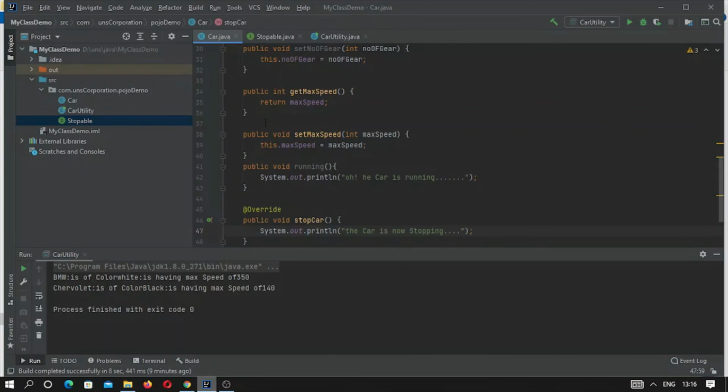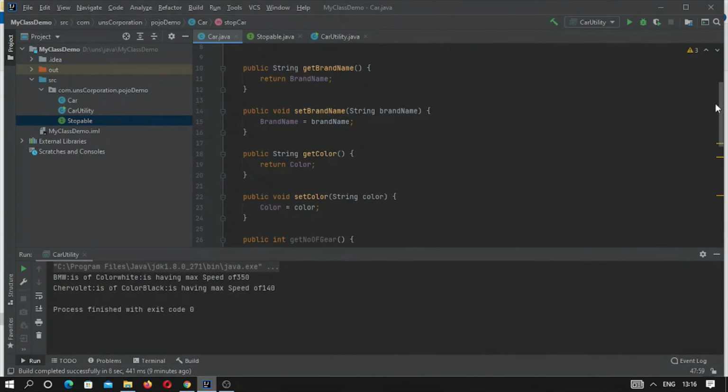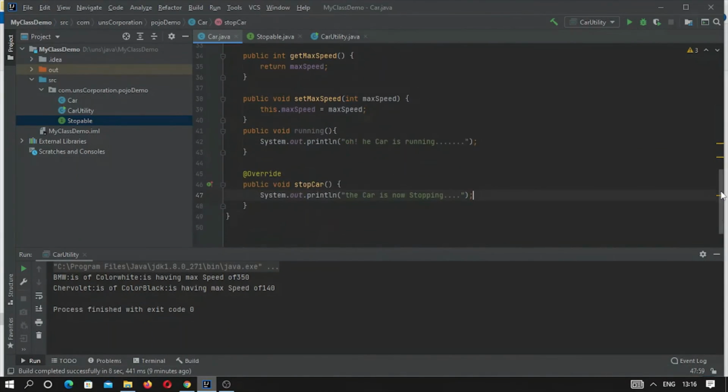So this is a concrete class. Here we have taken everything from a POJO class, with the added ability that it has a fully functional method called running, and this stopCar.